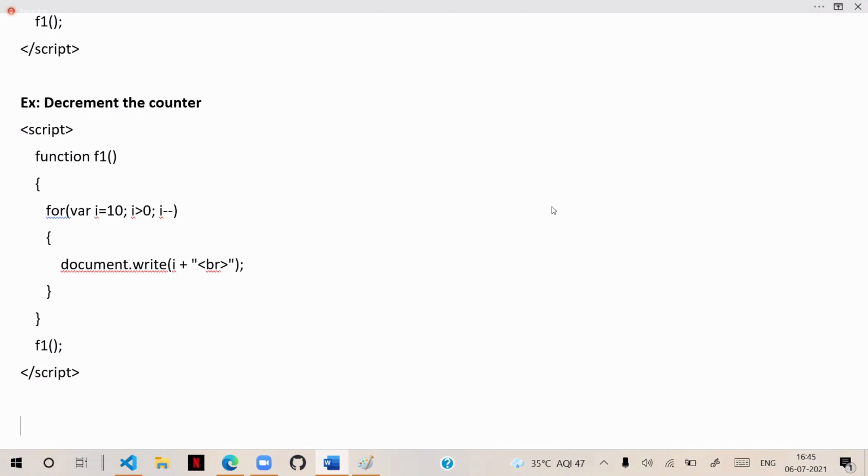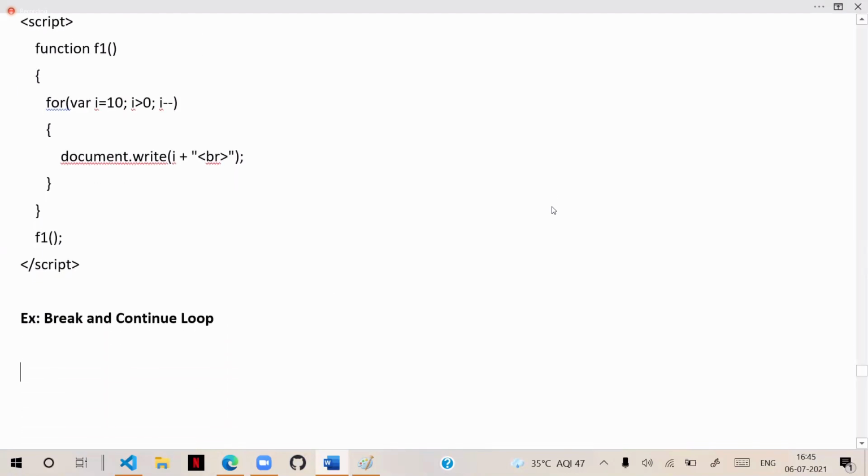So that is the step value. There is another option, break and continue. Break and continue in a loop. Break, we know that.